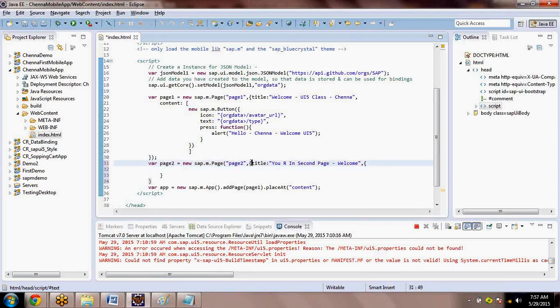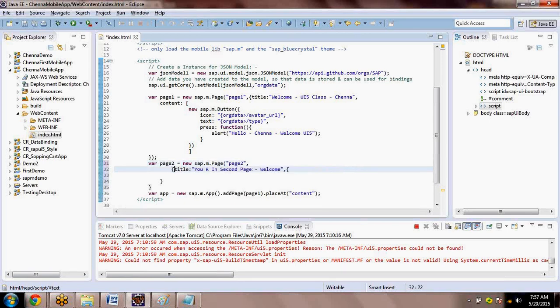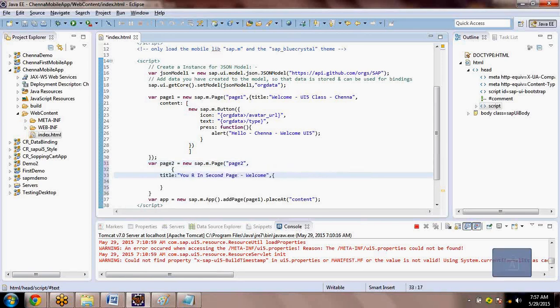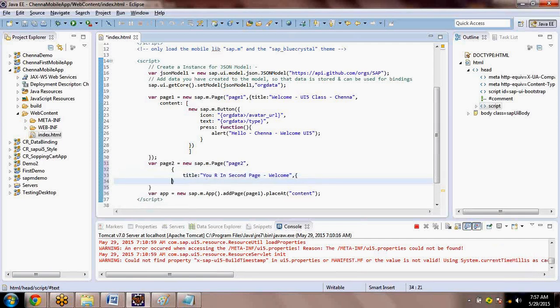Page, comma, title. Sorry. Title. So let me remove this one. So title is over. Page 2. Then title is over.